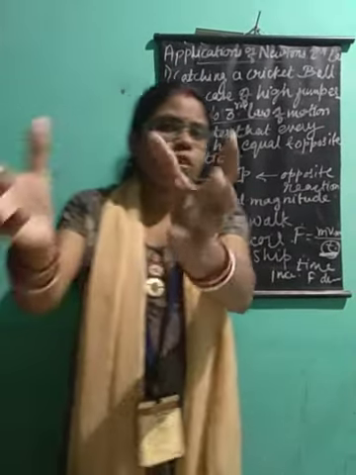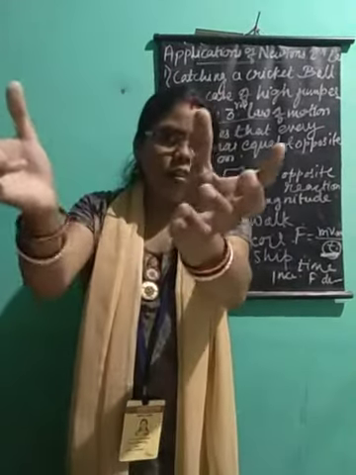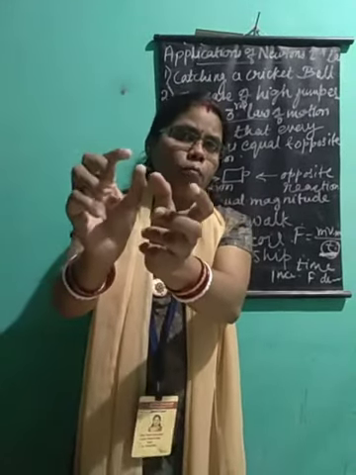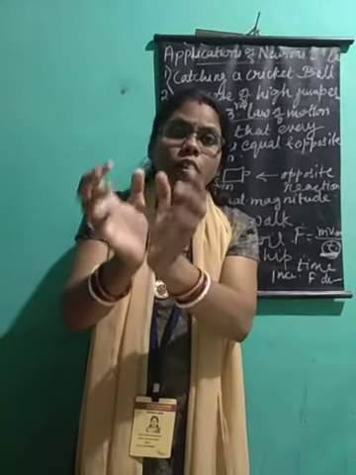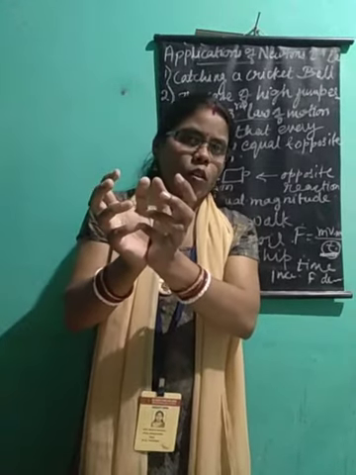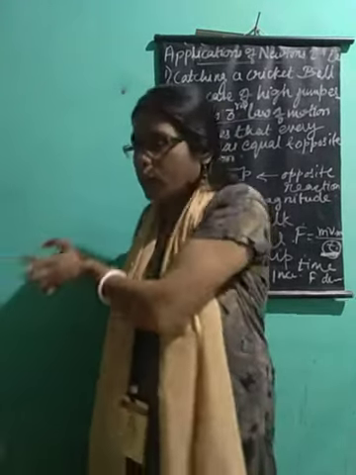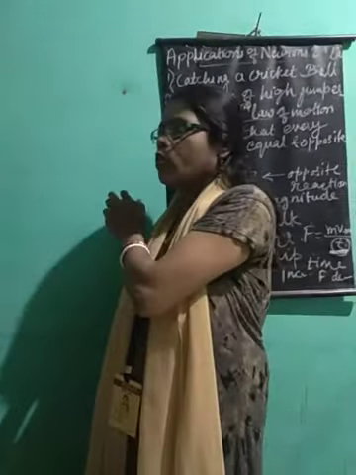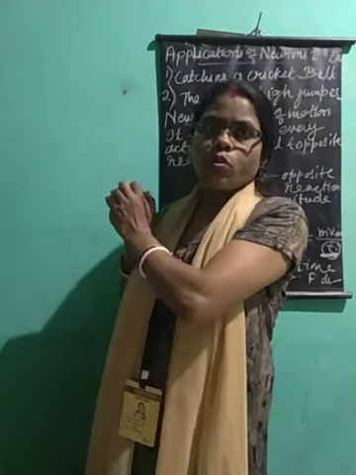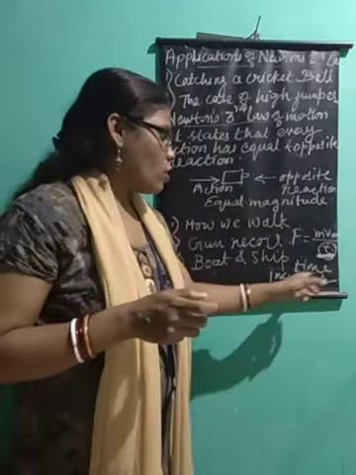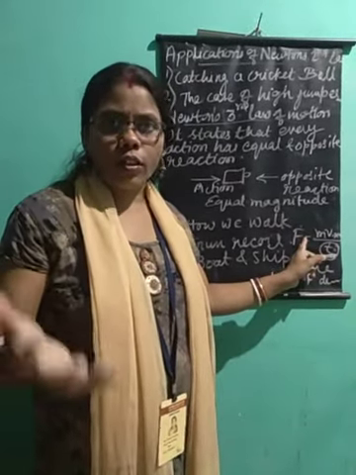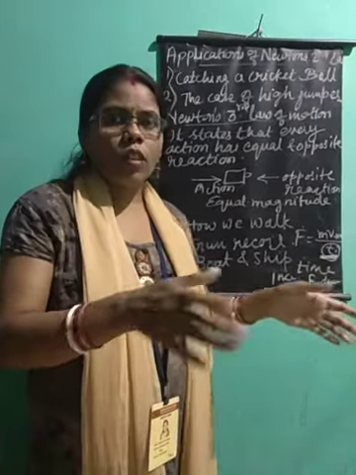So if the fielder catches the ball in a sudden movement and in a very short time, he will get hurt from the ball. But if the ball is caught here and slowly brought to zero, to bring the momentum to zero, the time is increased. If the time is increased, the force decreases and the fielder will not get hurt. So this is how the application works.